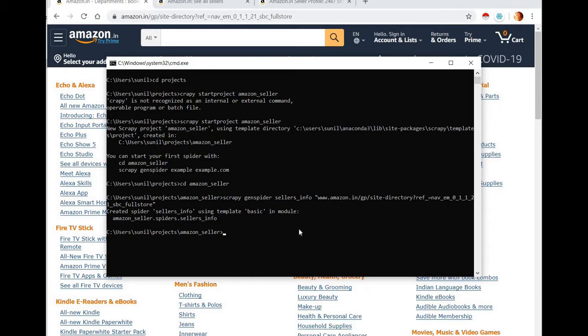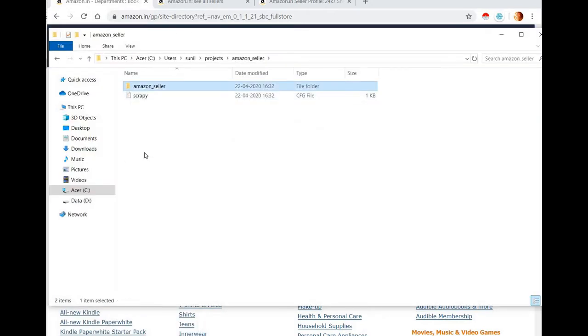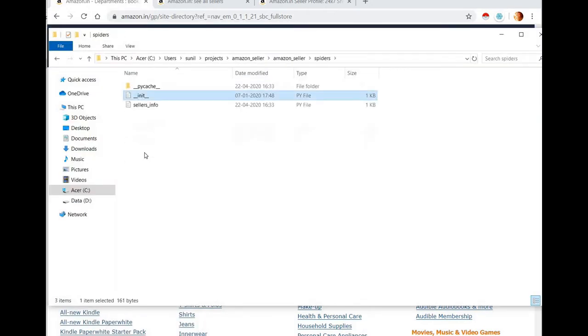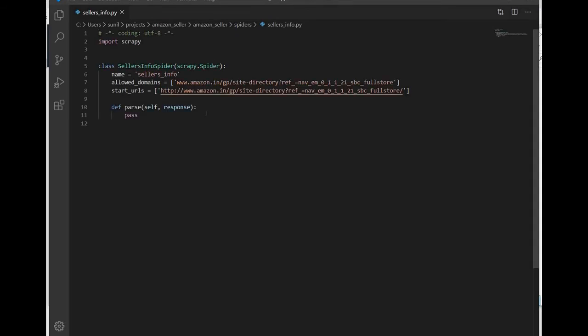Okay, so now let's go to the spider, the Amazon seller spider, and here you go, seller information. Make sure that HTTP is the default, as I said, Scrapy will add it into the URL, so I have to just make it HTTPS, and the allowed domain should be only Amazon.in.